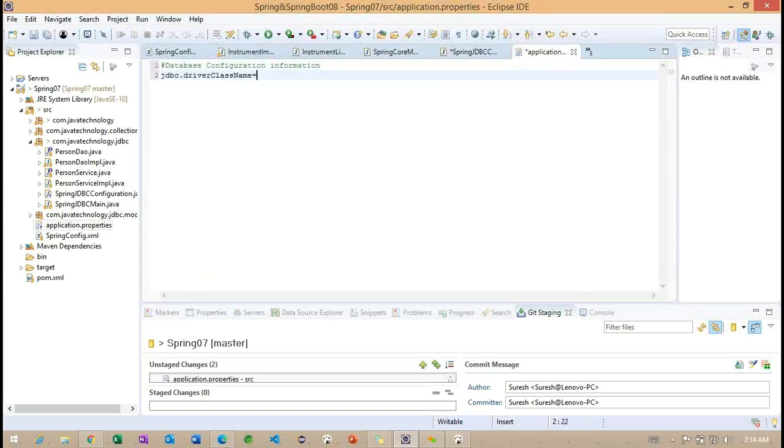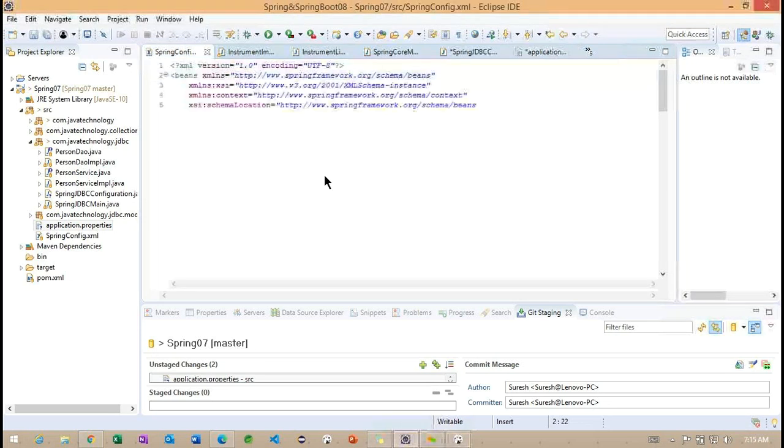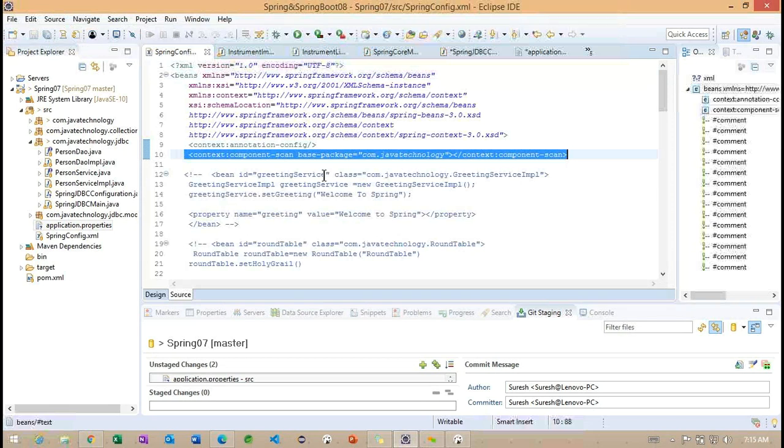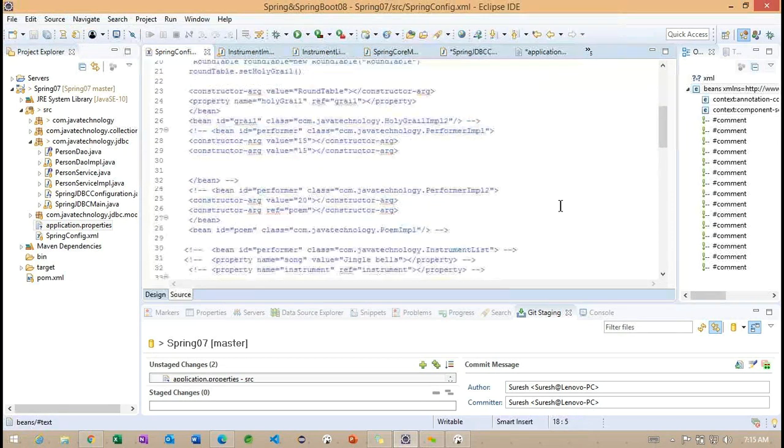What is the value we can use? What is the value of this JDBC driver class name? We'll check by coming back to the last example.